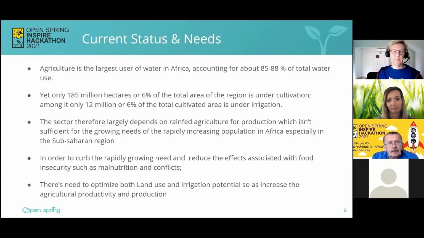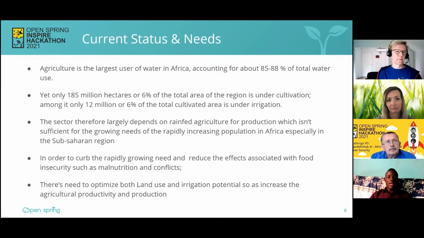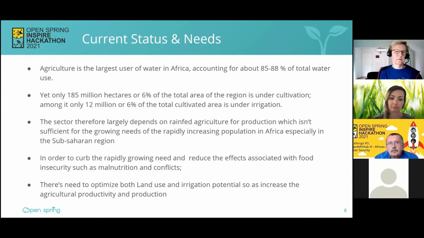Okay, thank you, Karel, for that. Well, one of the first things we had to do is to assess the current status and needs so as to answer the different questions and challenges we had at hand. And one of the things we've discovered from a combination of ideation sessions and the available literature is that the biggest portion of water in Africa is claimed by agriculture.